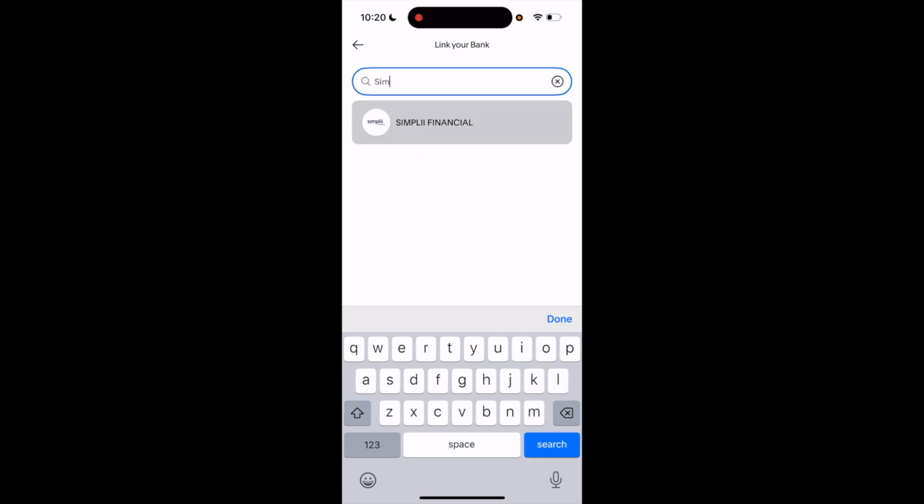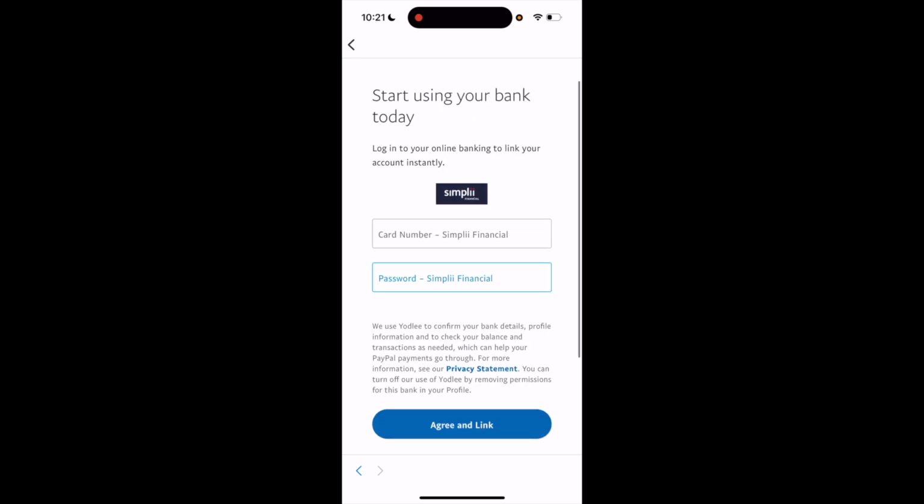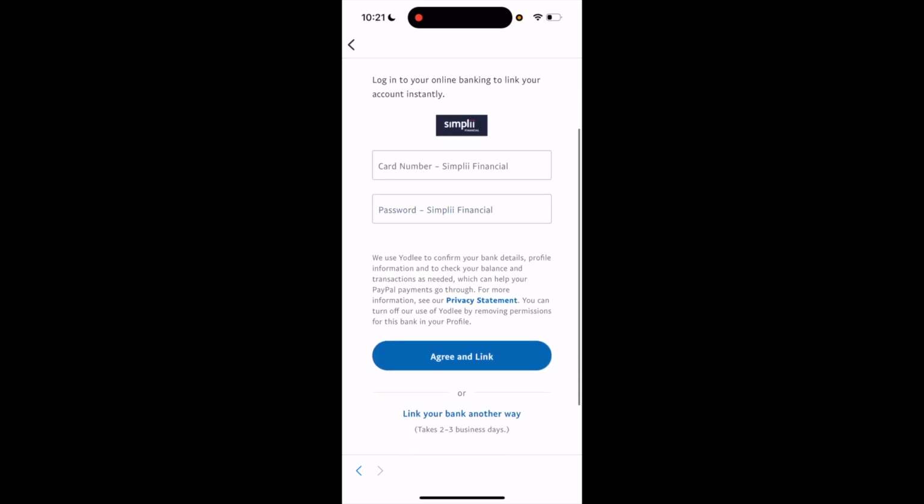press on it. Once you do that, it'll actually redirect you to a new screen right here where you can go ahead and log into your Simplii Financial account. So your card number, your password. Once that is done, press on Agree and Link to go ahead and link your Simplii bank or your Simplii